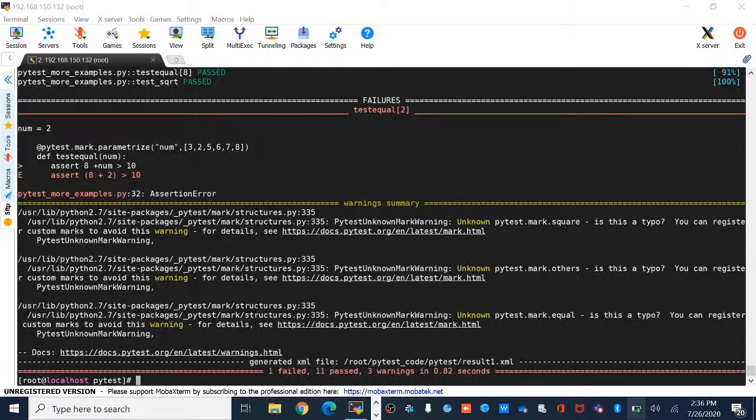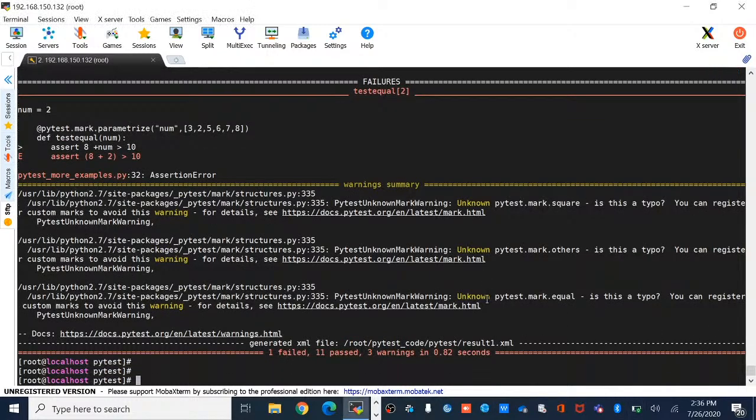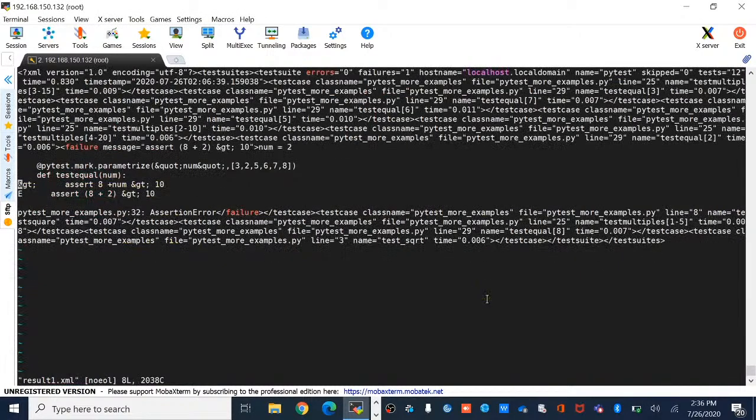So you can check right now that results has been generated. Okay, we can check. In XML format we are getting which tests are failing, which are passing, what the rest of the metadata is, and what the timestamps are. So if someone wants to